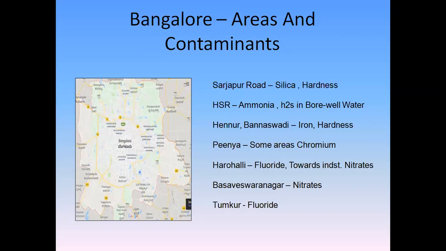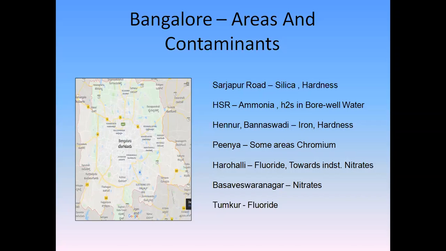When you have high fluoride in the water, the kids have bent bones. The bones start bending. If you see that, that's because of very high fluoride in water. So dental stains which happen, that's also because of high fluoride in water. So all these can be individually removed. There are technical ways of removing it if it is above limits.